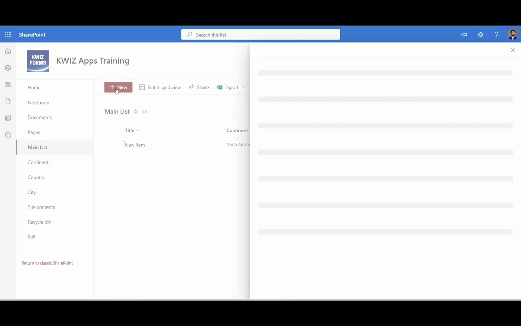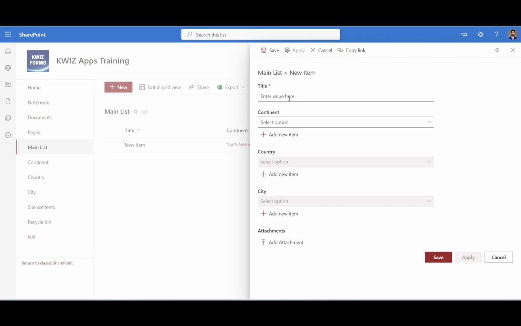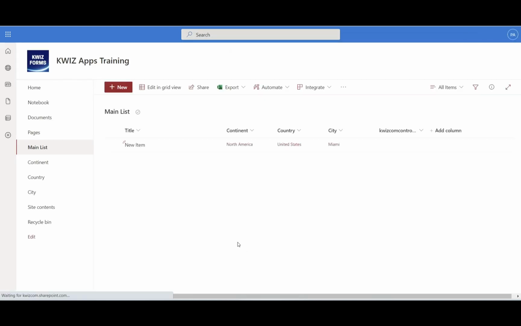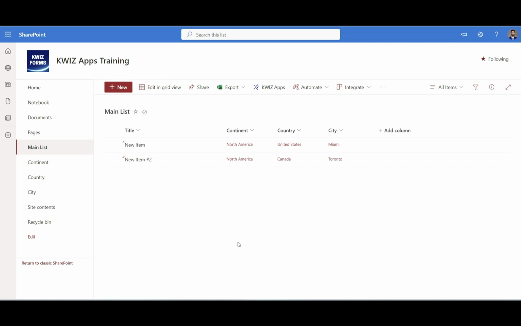You see here in my main list, I'll be adding a new item. With Cascading Lookup, you'll be able to title your item as so. And then you see here in continent, you'll be able to choose an option like North America, in country, an option like Canada, and in city, an option like Toronto. If you were to choose another option for the continent or the country, you'll get the options below it filtered